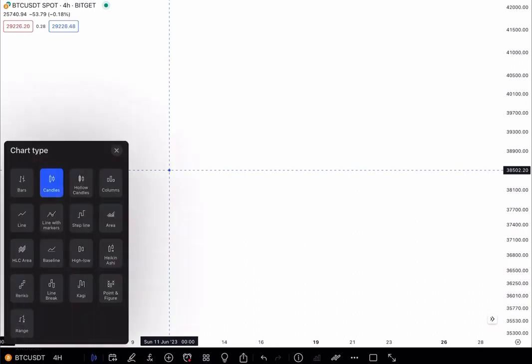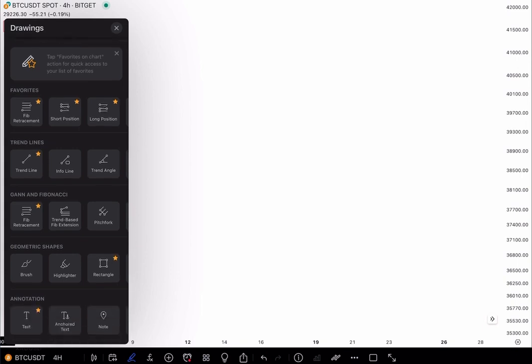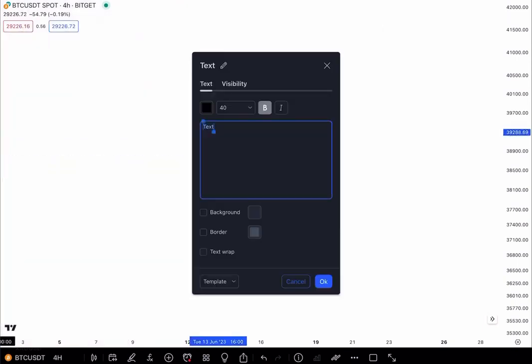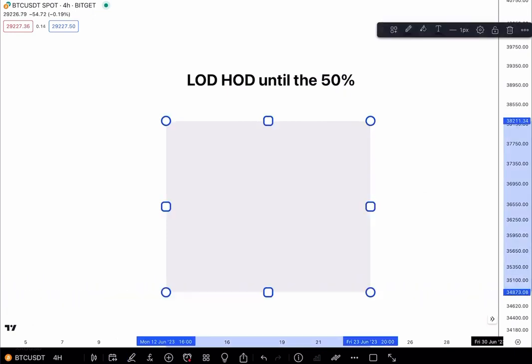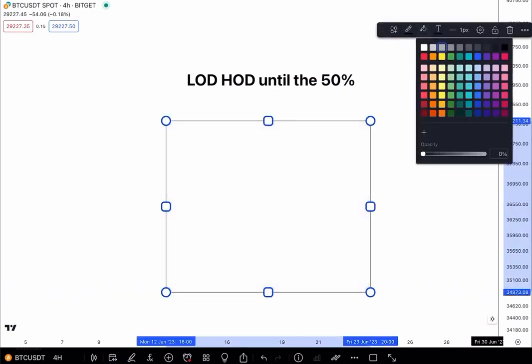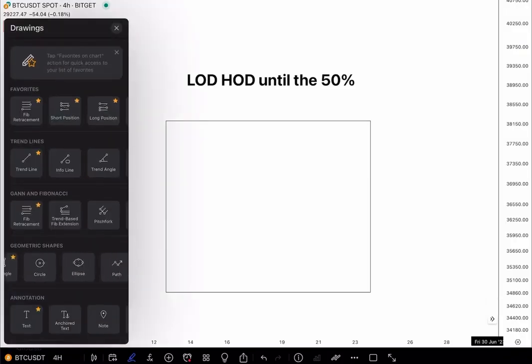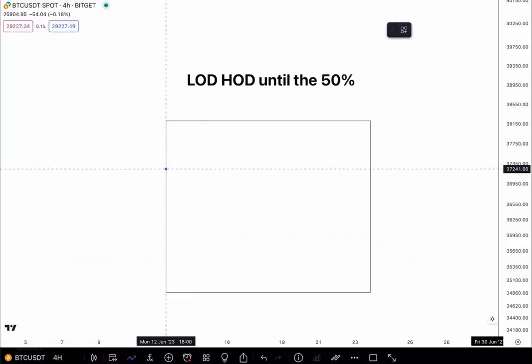This is something I'm saying you better be writing down: catching the low of day, high of day, whatever, until 50% of the duration of the candle is reached, and then you take it off. What does that look like? A refresher. I've shown this before, but for the lazy ones who are a bit slow.